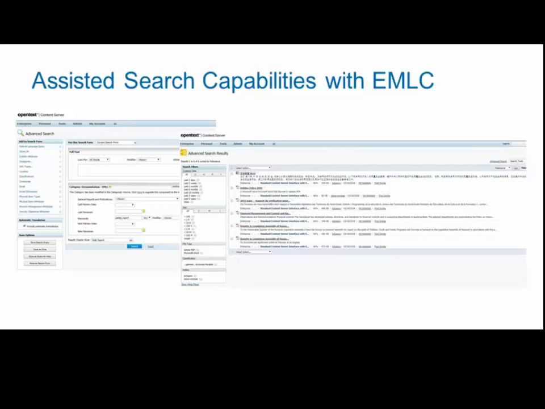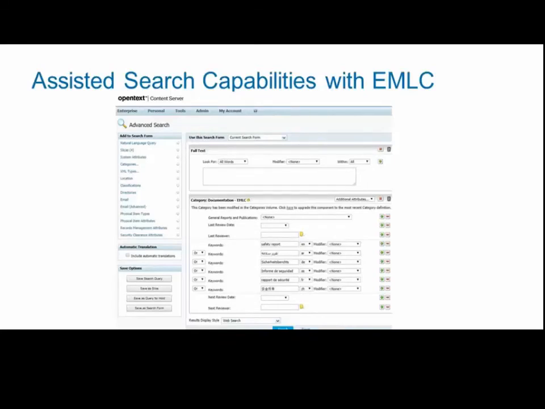And finally, under the covers, because I'm a techie, we'll show you what happens when you click the include automatic translations on the assisted search. You can see that it's taken my search query, originally safety report in English, and translated it to the other languages on the system. For this particular page, there are 6 different languages on the system, which is typically higher than most customers. However, regardless of whether you have 2 or 3 or 5, it will translate your query and then be able to find the content, regardless of what it was tagged with.